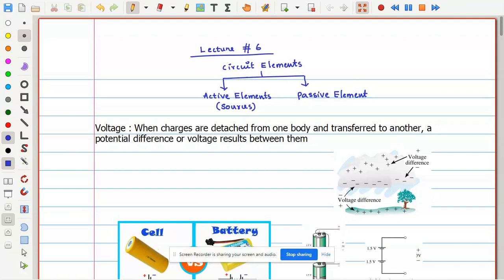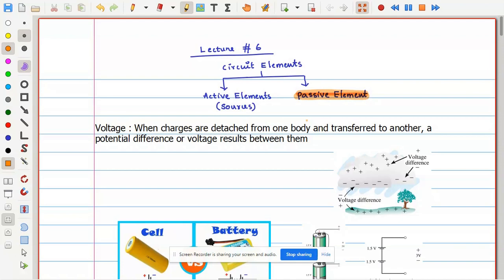So today let us talk about the other segment of these circuit elements, which is the passive elements. This is also very important, because a network consists of the combination of all these elements. Before going to the analysis part, let us have a detailed observation on each of the elements and its characteristics, so that we can understand what its role is in a circuit, what its property is, and how it behaves in a circuit.